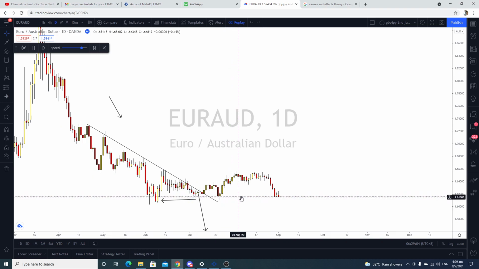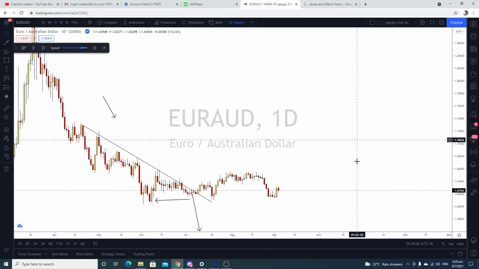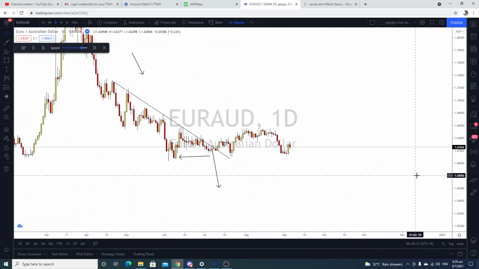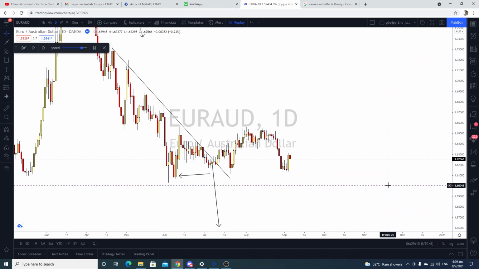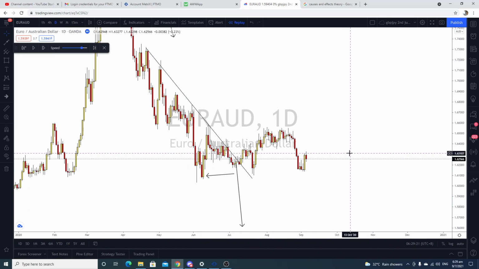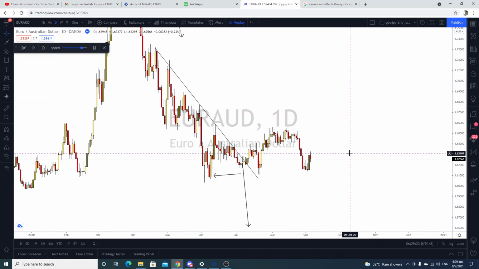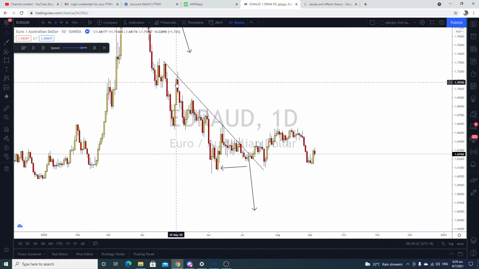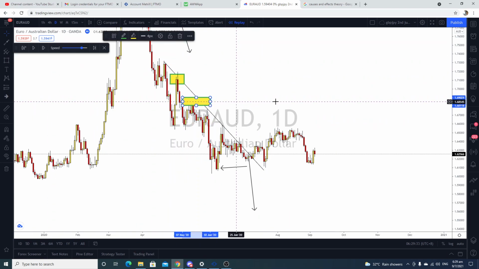In this case, price has gone up, and from here you're getting lost about how the hell you're going to do a trend line. The thing is, trend lines are good for trending markets. When the market is moving sideways, you can't do a trend line. So it's all about context. A trend line is actually about market structure. Trend line is market structure: lower high, lower high, lower high.